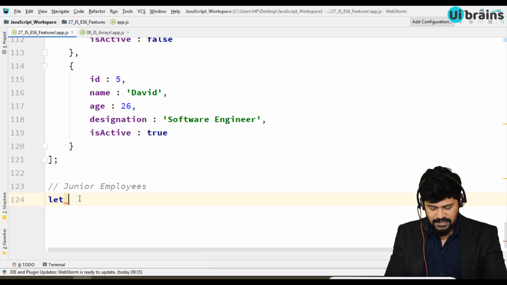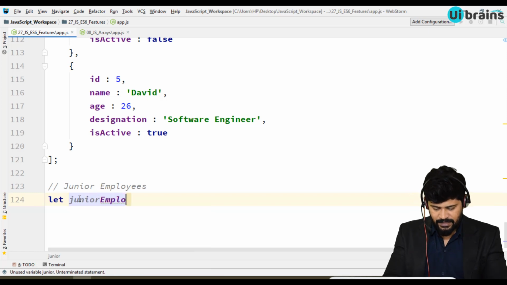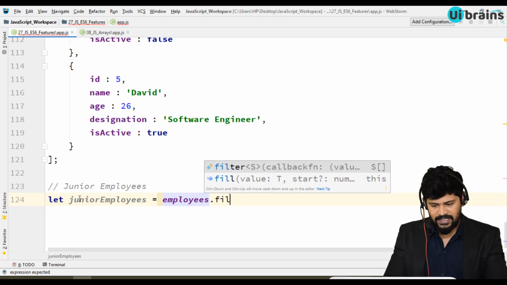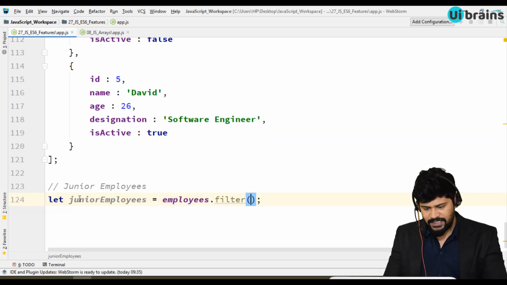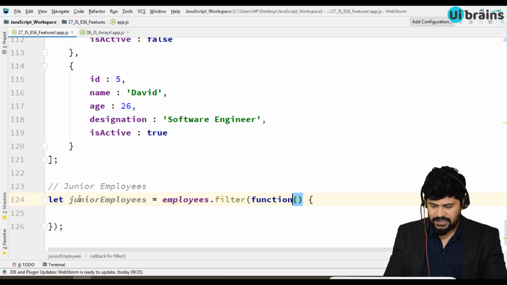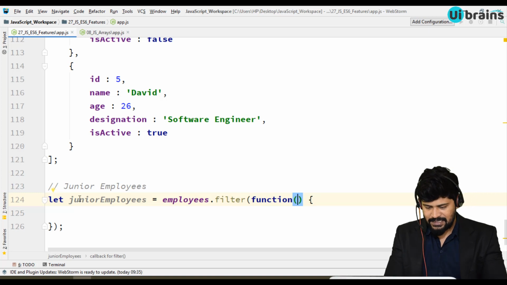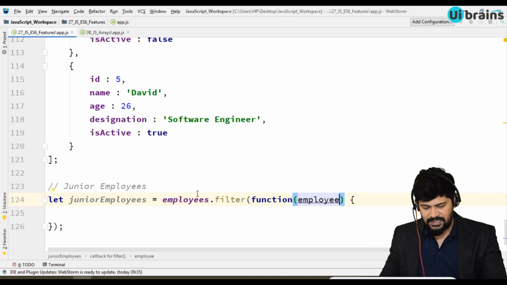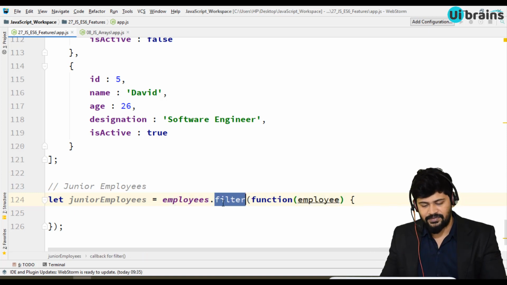Okay, so let junior employees is equal to employees dot filter, right? So here this filter will take a parameter as a function again. It takes a function, which takes each employee. It's just looping around each employee, and you get every employee as a parameter for this filter.